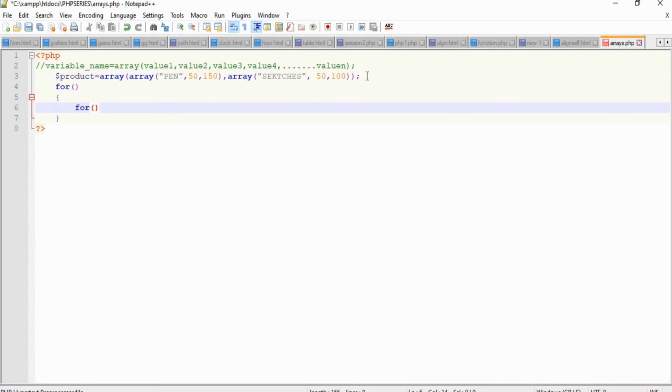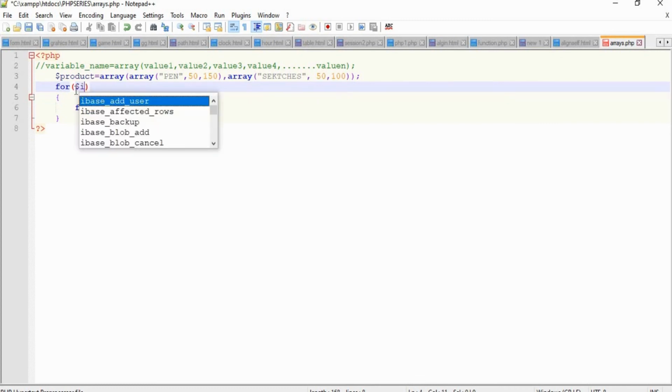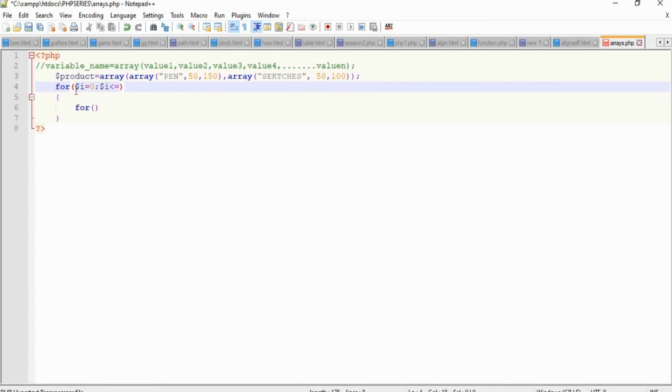So if we are going to print the value of row, we can have a for loop of I. To print the value of column, we can have the for loop J, inside that I for loop, right? So as usual, let's assign the value of I to be 0 and similarly value of I to be n value, which is nothing but the length of the array, right? So here we are having two set of arrays, right?